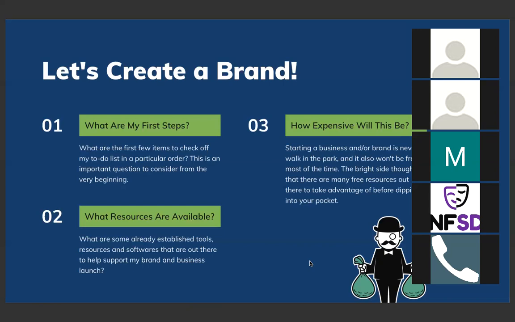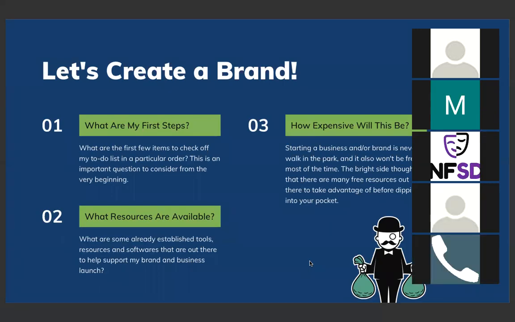Okay, so let's create a brand. What are our first steps when it comes to creating a brand? The first thing that you want to do is think of, automatically, your brain should automatically go to one website. Does anyone know what that website is when you're thinking about creating a brand? You want to have this specific website in mind when it comes to creating a brand. Feel free to just jump in or ask if you'd like. And if not, that's totally okay.